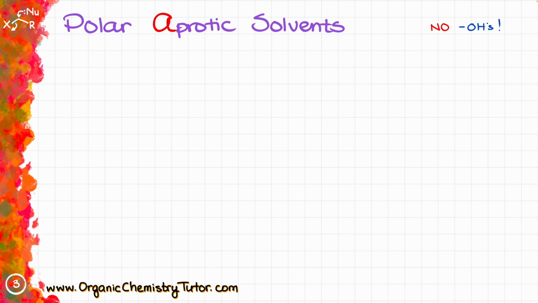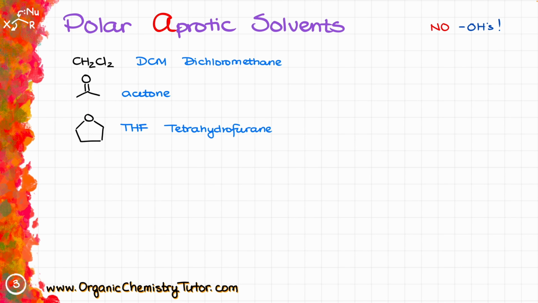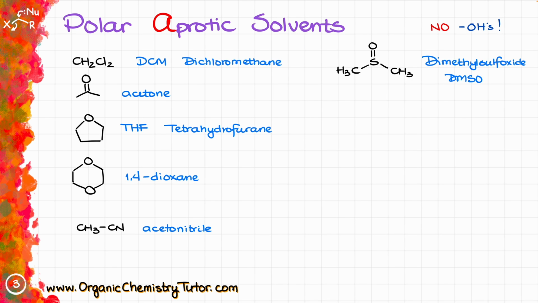Among the most common polar aprotic solvents that you are going to see within the scope of your course are DCM, which stands for dichloromethane, acetone, THF, or tetrahydrofuran, 1,4-dioxane, or sometimes we refer to that simply as dioxane, acetonitrile, dimethyl sulfoxide, also known as DMSO, and finally dimethylformamide, also known as DMF. This list is by far not exhaustive, however these are the most common solvents that you are likely to see